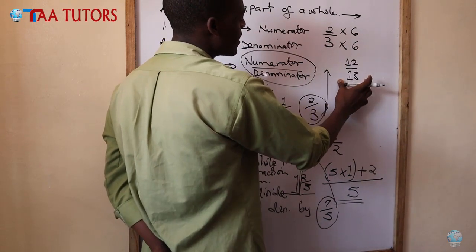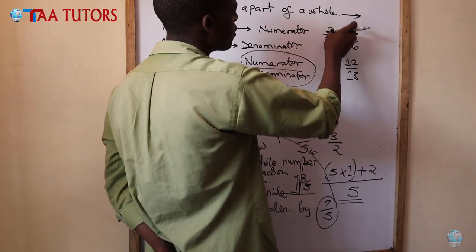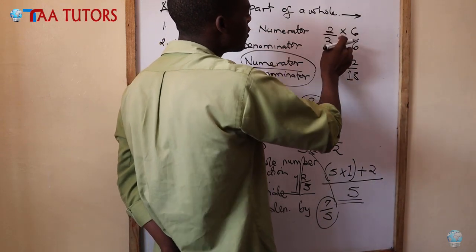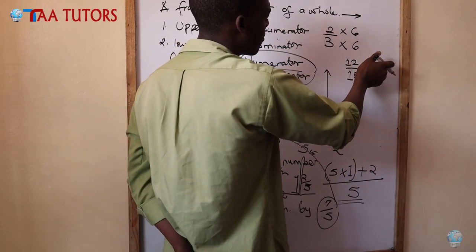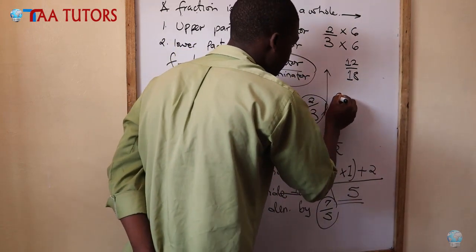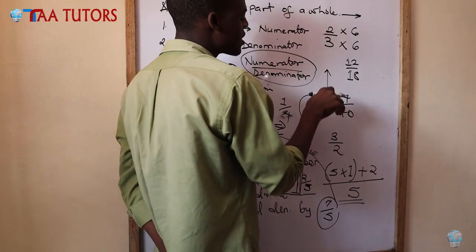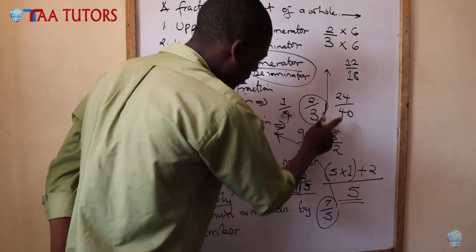So 12 over 18 is an equivalent fraction of 2 over 3. We are multiplying the fraction we have, both the numerator and the denominator, by a number so that we get a bigger number. When you have 24 over 40, you can decide to get an equivalent fraction of this by now